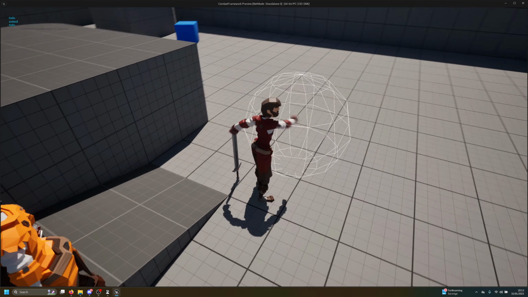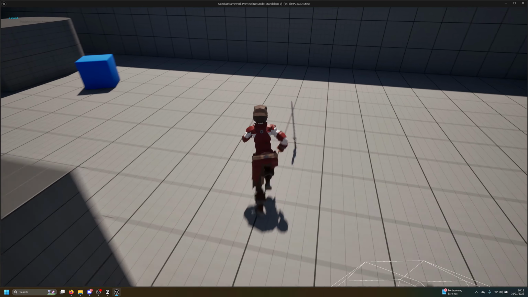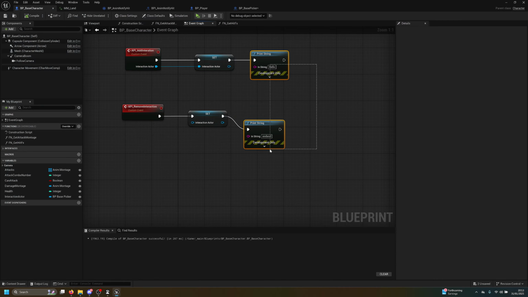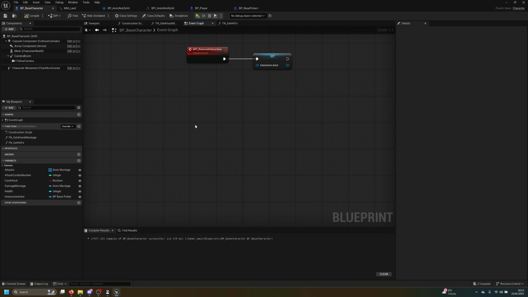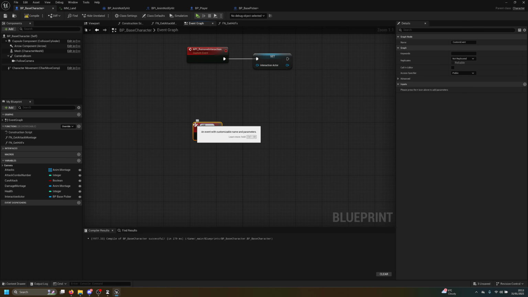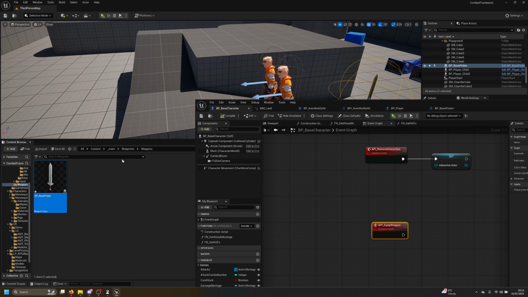Nice. Now we need to be able to equip this weapon. Getting the weapon is quite simple actually, but let's make sure we have the logic to get the weapon first. So we're going to create a custom event called API equip weapon. Now the next thing I want to do here is duplicate this